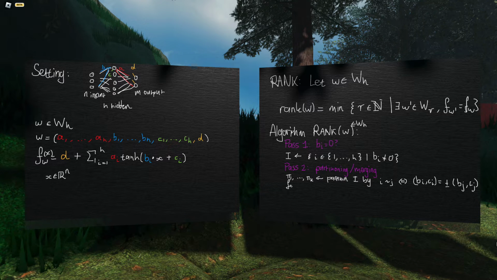So let me do this. For j, sorry, I'll use a different letter now. For j gets 1 through k. So for each partition, I want to identify what the final outgoing weight is going to be, because if it's 0, I need to not count that. And if it's not 0, I'm going to end up with a unit in my final network, so I'm going to count it. So Aj is going to get the sum over i in pi j, and I'll just put